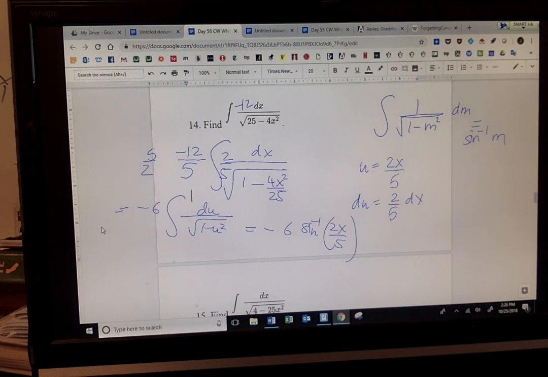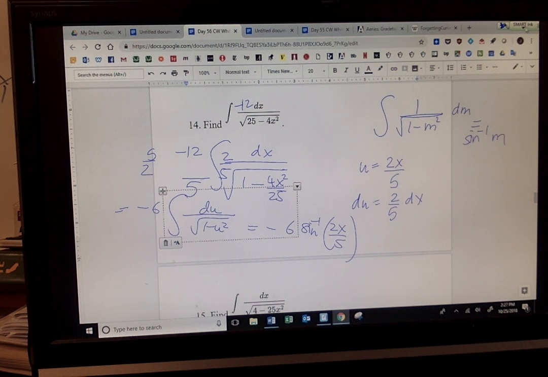Please don't skip too many steps. Some of you, the steps I skipped are good enough. Don't come up with I can go directly. Don't overdo it. I hope I'm making sense. I'm almost certain there'll be one or two bright kids on the homework who'll say, I can just go from here to here. It's very likely you'll skip small numbers here and there and say, oh my god, I should have shown that step. You're better off, if you want to skip, just skip that many steps. I'm skipping the maximum number without making mistakes. So don't forget, the square root of 25 comes out, which is 5, and that becomes 4x squared over 25, because we're dividing the balance.